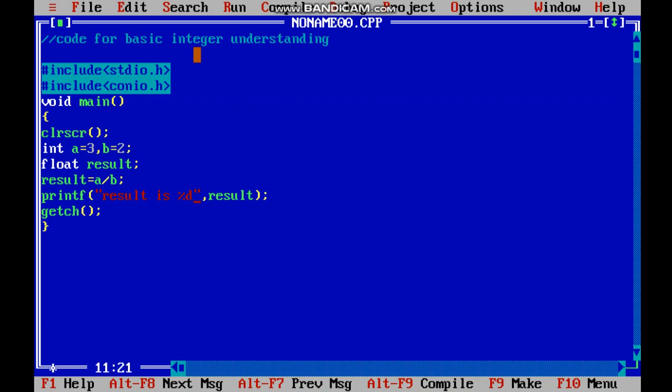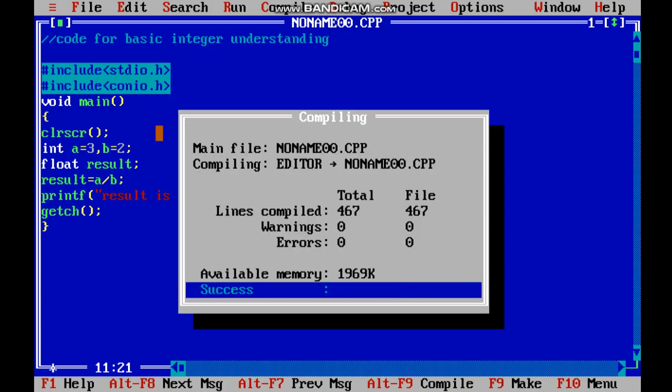Oh yeah, I need to look at this. Modulus d is for integer and modulus f is used for float type. See, I have declared a and b as integer, and result is declared under float, means result can hold a value of decimal points. But here I have defined modulus d, but we all know result is a float type, so we need to change whatever we need to print. We are printing result, right? It is float point, so we will cancel this, put modulus f, Alt F9, enter, Control plus F9.